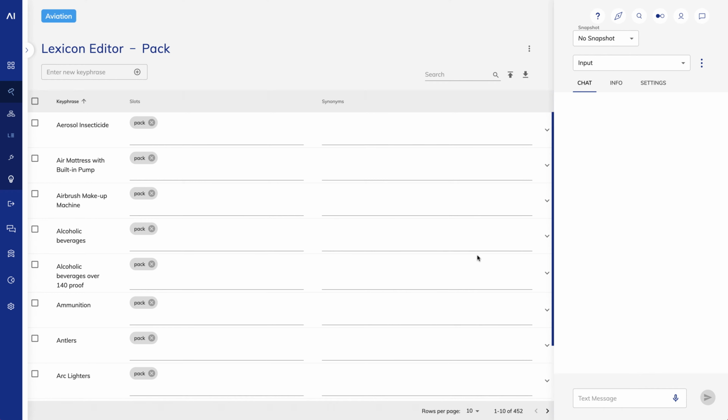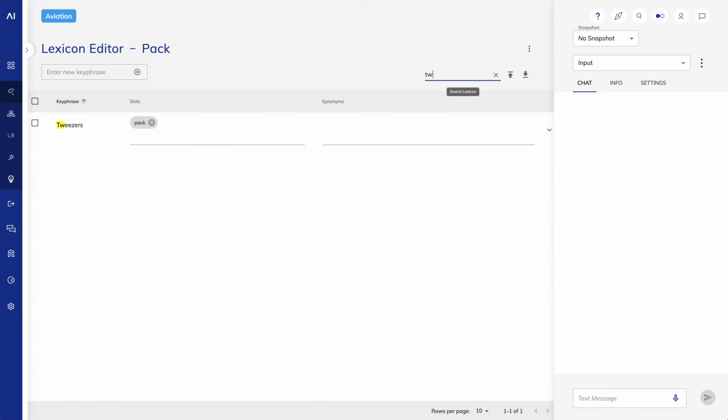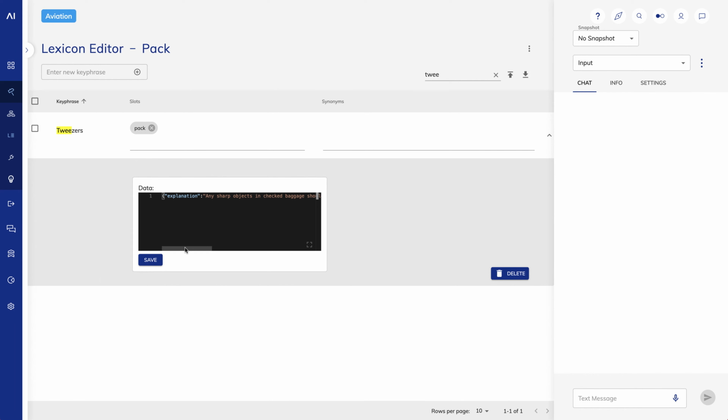For example, if I search for tweezers on my list, and I click the down arrow on the right, I see some additional information. I see an explanation for what makes tweezers unique. They're potentially sharp objects, and I added two values, carry and check.